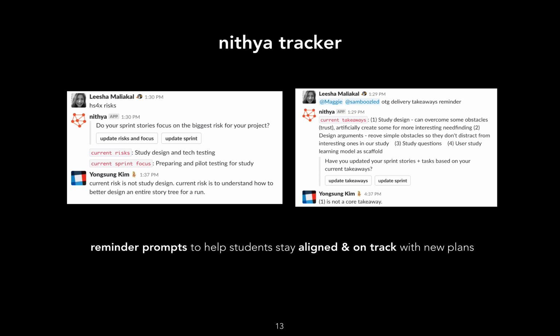So this was just an example of one of the prototypes that I was building this quarter, and I learned a lot from it, both in terms of how these types of interactions might be helping for the goals of getting alignment and helping students incorporate issues into their plans, but also in terms of scoping down what the actual problem space is that I want to focus my designs on.